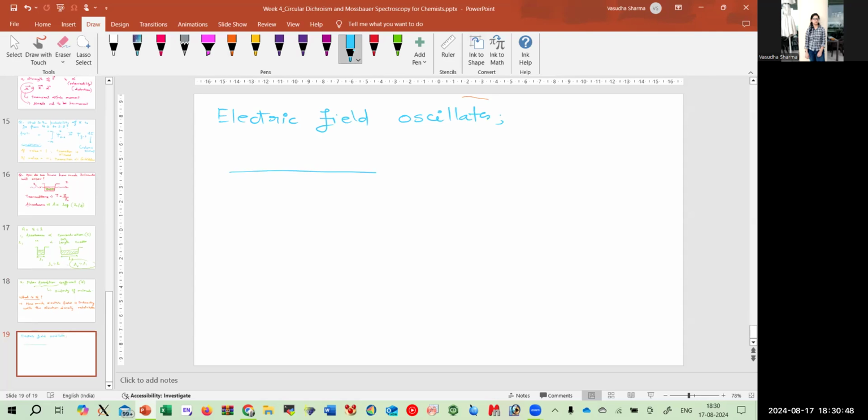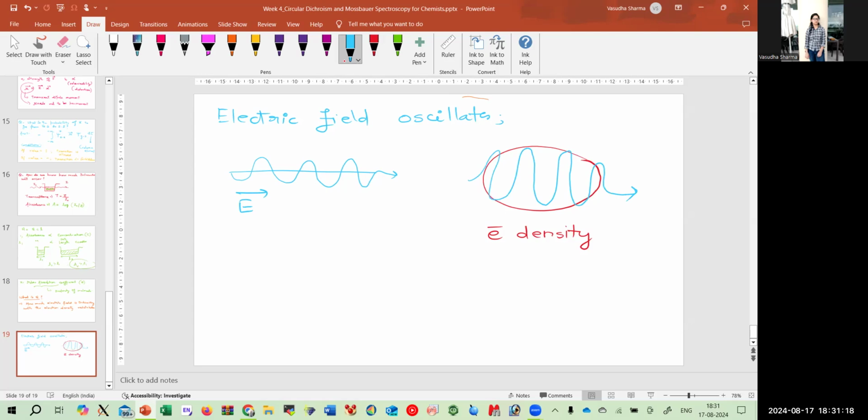So for example here, we know it would be having crest and trough going in this direction. So this is the direction of the electric field. If it is passing through the electron cloud and we are considering that this is the electron density, we say how it will oscillate this way. Therefore, there is a function called the oscillatory function, which is given as